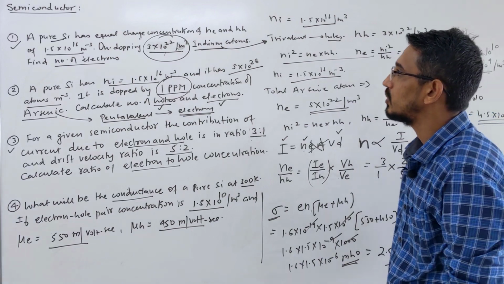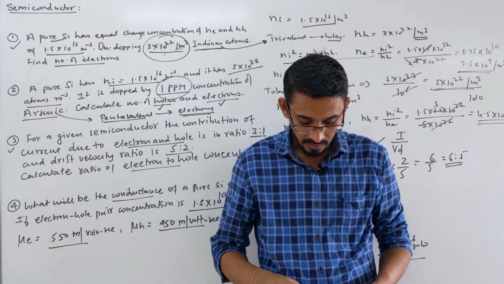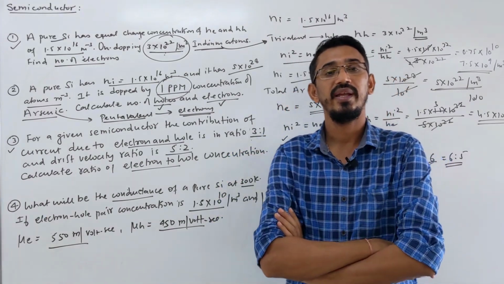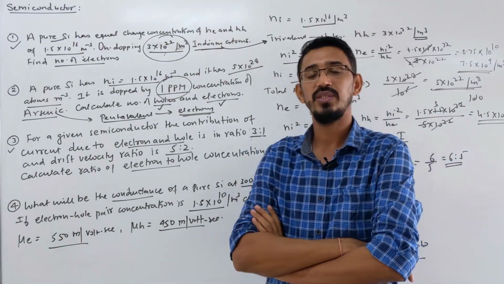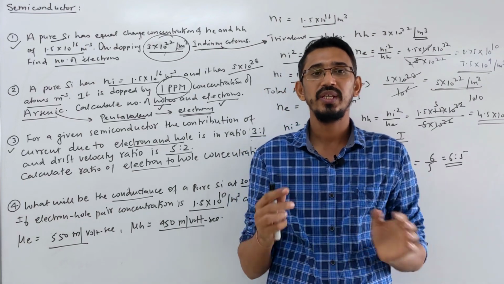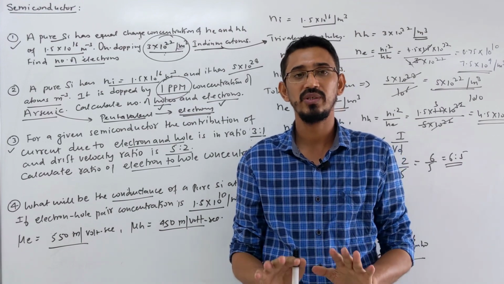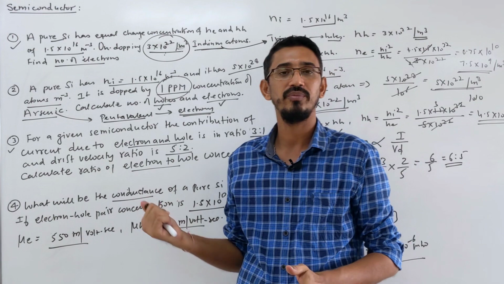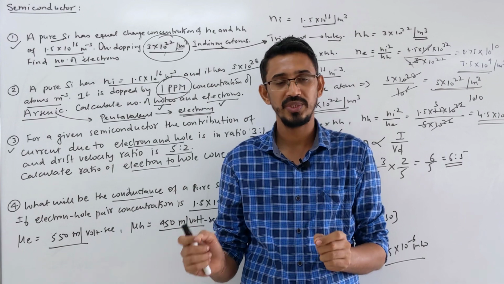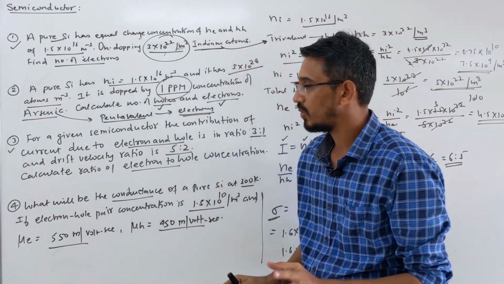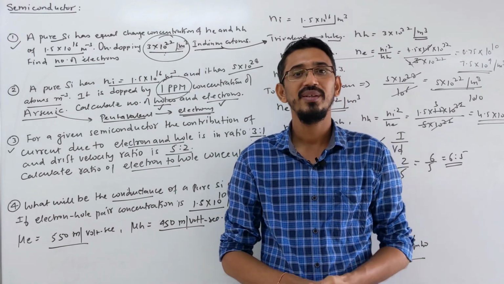Okay, so now we have done the complete semiconductor chapter. Now all topics are covered. So now it's your job to finish exercise 1 and exercise 2 also. Previous year questions also you should solve yourselves, because it's a very easy topic, there should not be a big problem. If you get stuck in any questions from exercise 1 or exercise 2, please mention in the comments which questions you need a video solution for on the board. Please mention exercise 1 or 2 and the question numbers where you are stuck. The questions where you are stuck, those questions only I will solve here and put on video. Okay, so keep trying and good luck.